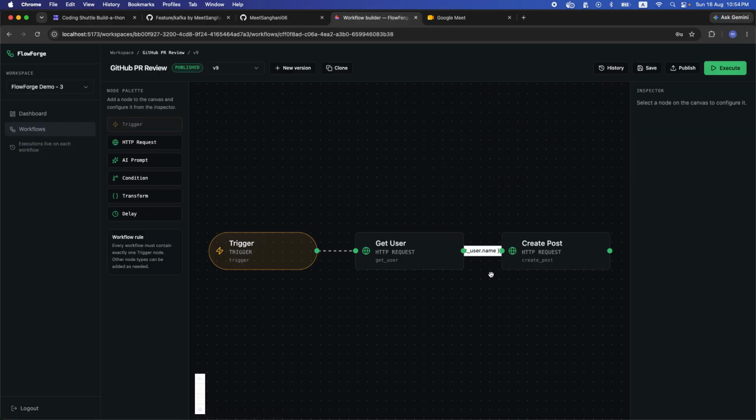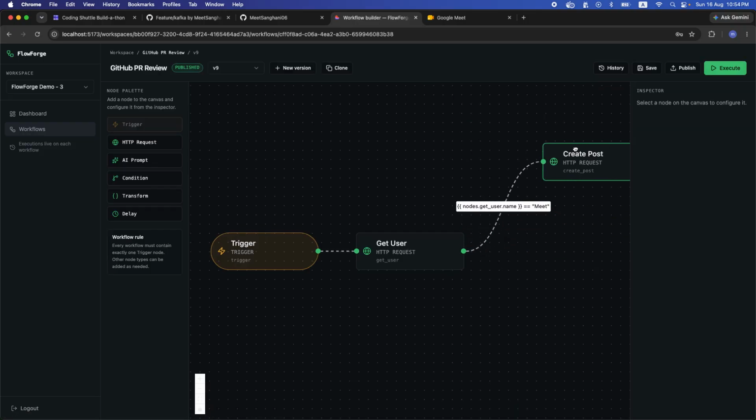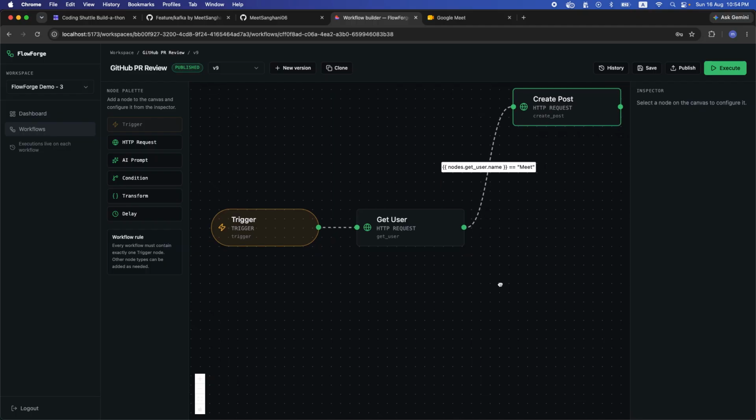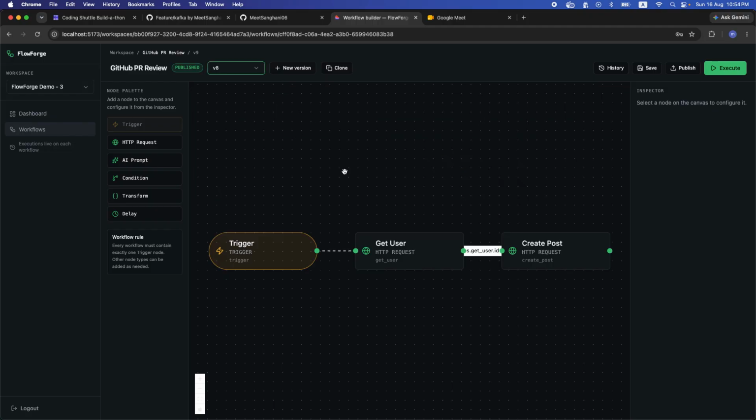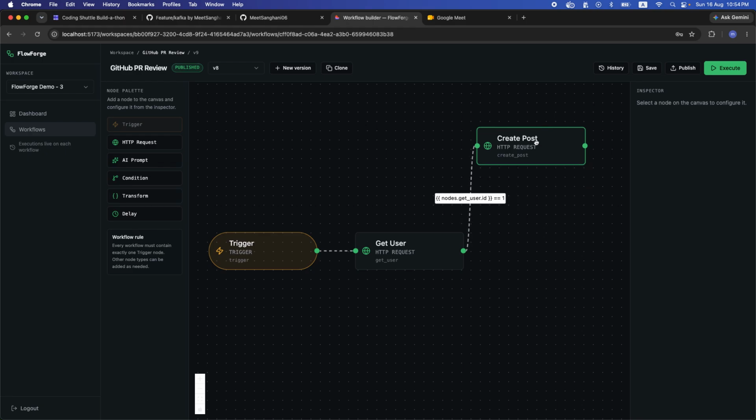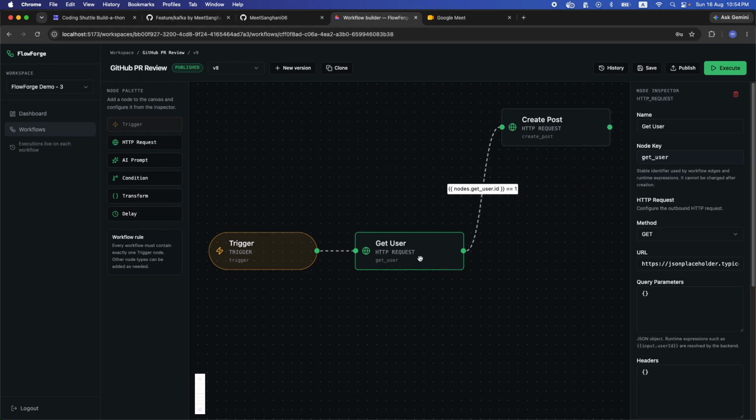We'll just open it. Here we have that particular conditional node. So this one is nodes.getUser.name is equal to meet. So let's go to version 8, and this should be nice. Since we already have this input.user.id, it should be this input.user.id. That's fine. So it will get one particular user, and from that output we will propagate